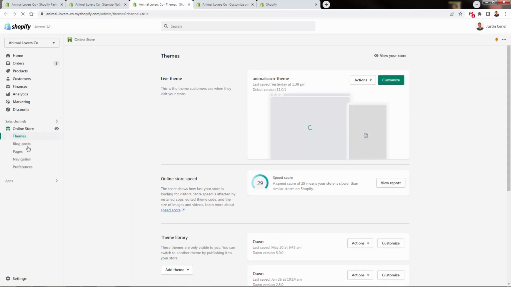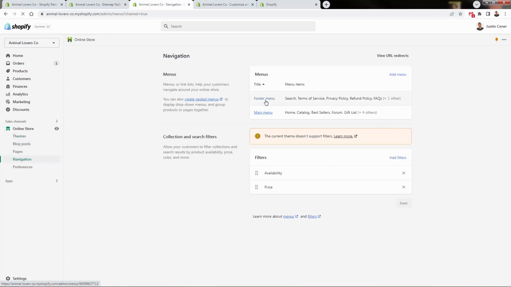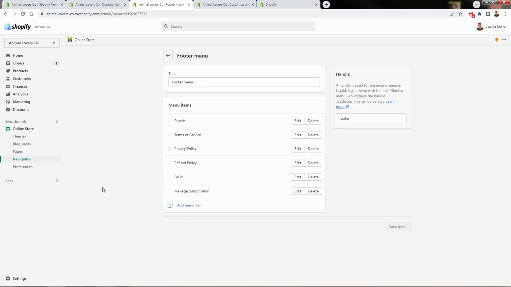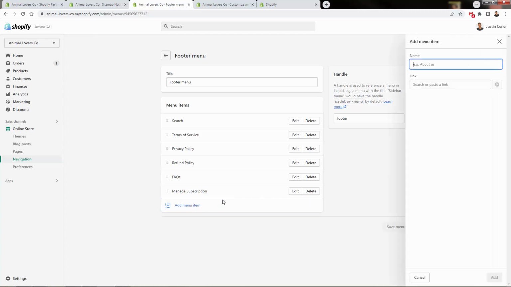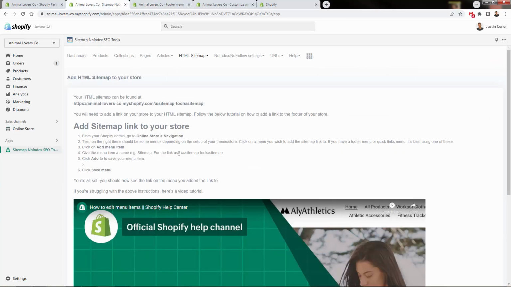I'm going to go ahead in this case. We'll come over here in navigation. You see I have a couple different menus. I'll go in the footer menu. What we need to do, come over here, click add menu item. We're going to give this a page name over here, sitemap. And we'll come down over here and link this. It's going to be just a copy and paste right over here,